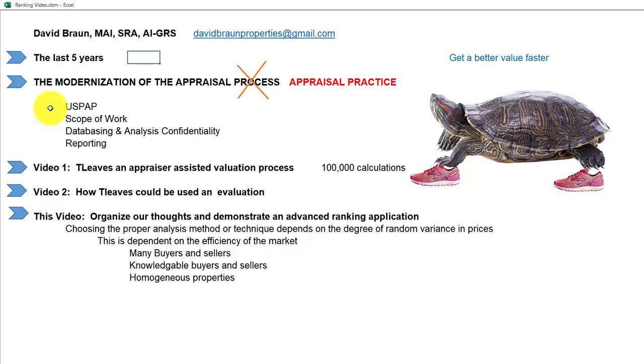And also it's going to eventually end up in the hands of the neighbor of property A. And then they're going to say, hey, did you know, I see here your house, it's not near as big as you told me it was. And according to the appraiser, it's run down. So you get in all these issues. So I do like the idea that it's confidential, but it's not practical.